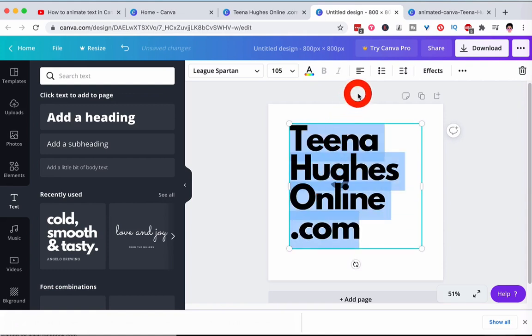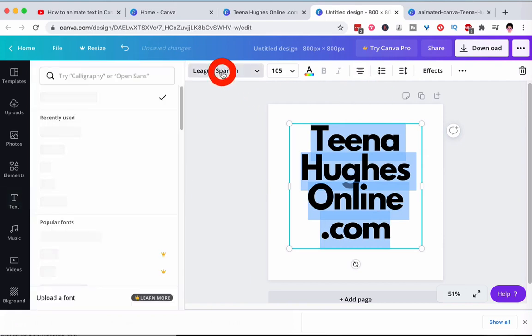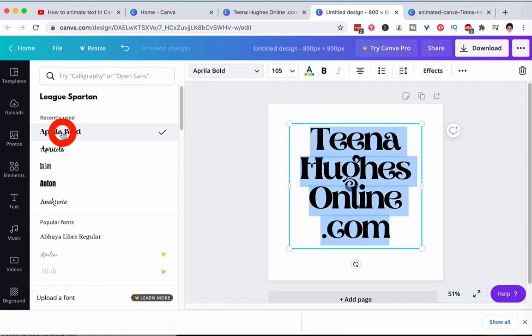I can see that it's a bit squished, but let's change the font first before I add more spacing in. So in the fonts, here's one that I quite like, Aprila Bold. Now, I could leave that without any extra space, but I'm just going to add a little tiny bit of space by clicking on the spacing icon up here in the menu.